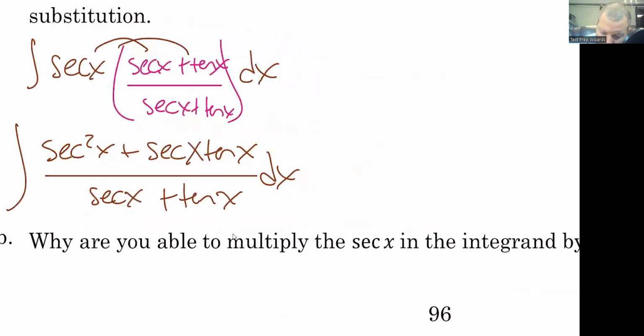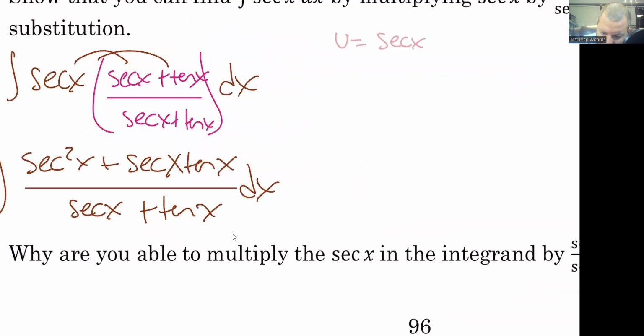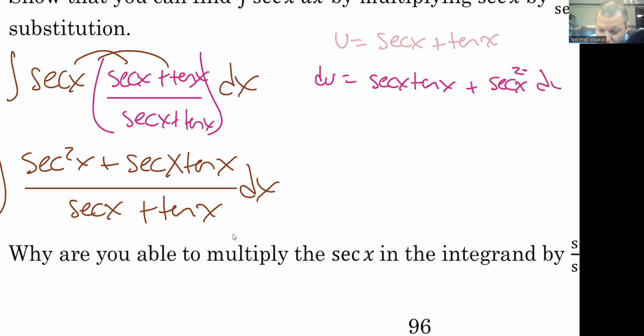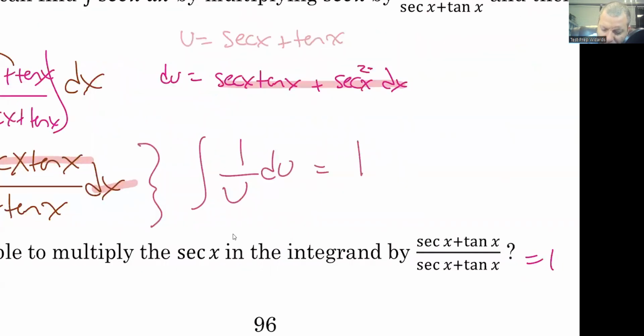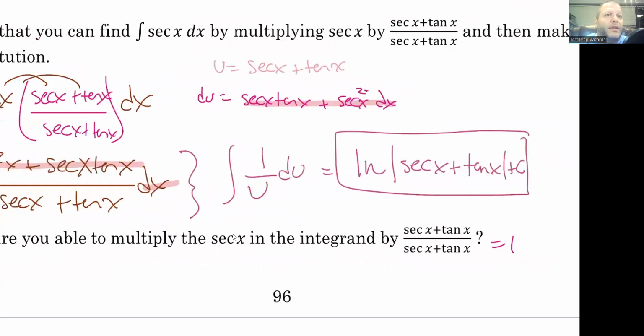So if we let u equal secant of x plus tangent of x, then du is secant of x tangent of x, and the derivative of tangent of x is just secant squared of x. Right, so this whole entire numerator now is this. So this whole entire integrand becomes the antiderivative of 1 over u du, aka the natural log of u, aka the natural log of the secant of x plus the tangent of x, plus a constant hanging out at the end. Isn't math